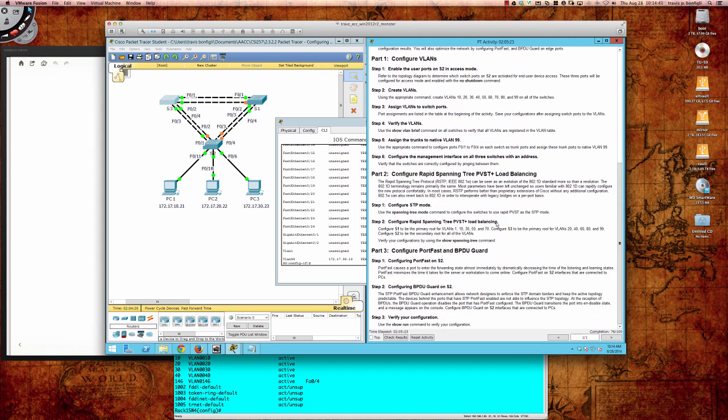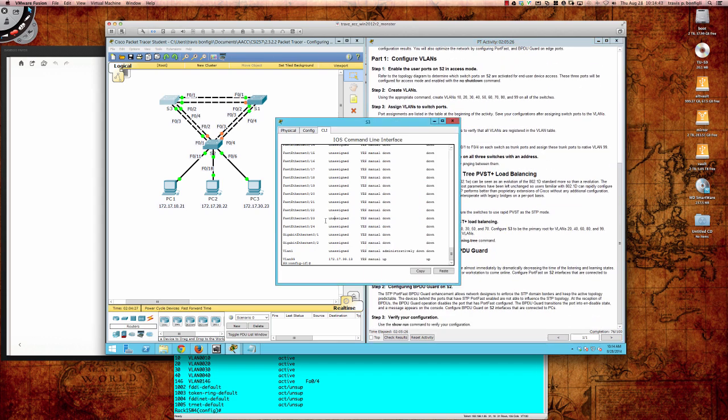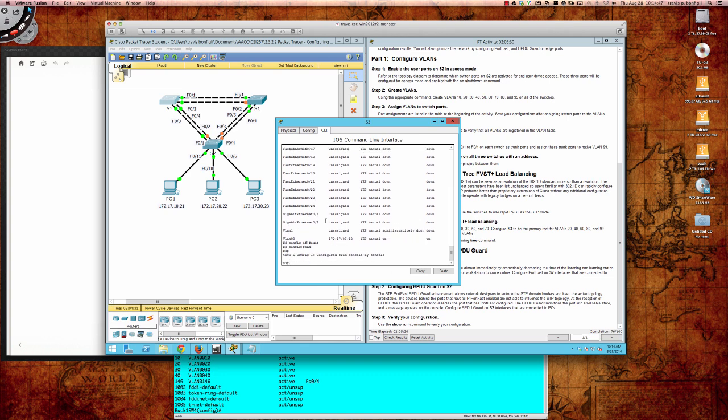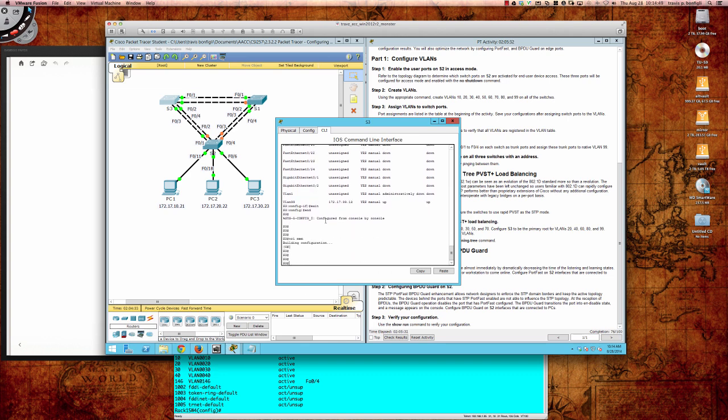Yeah, that should be good. Okay. So we're good there. So if I were to go ahead on switch 3 and type exit, let's actually type in, do a write mem. So if I ping